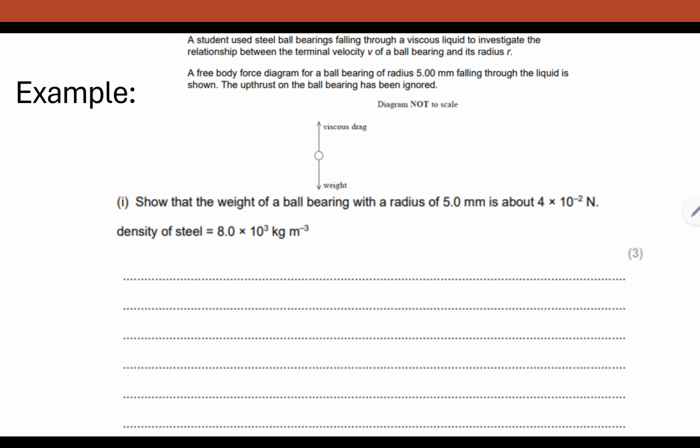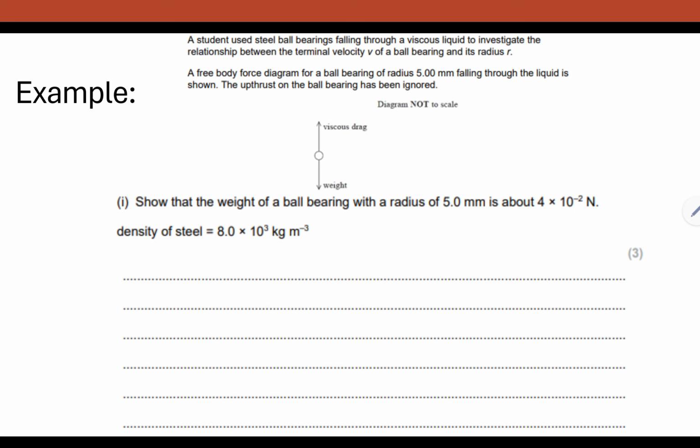It states: show that the weight of the ball bearing with a radius of 5 mm is about 4 times 10 to the power minus 2 newtons. The density of steel is 8.0 times 10 to the power 3 kilograms per meter cubed. So first of all,